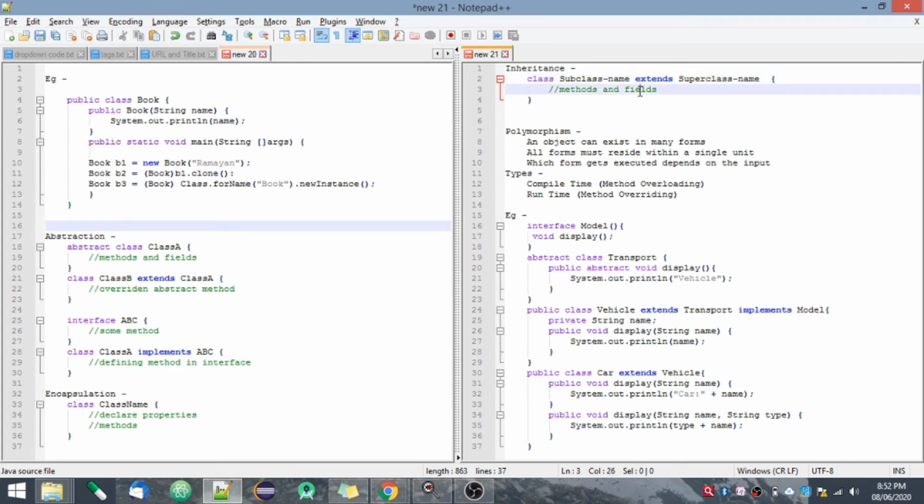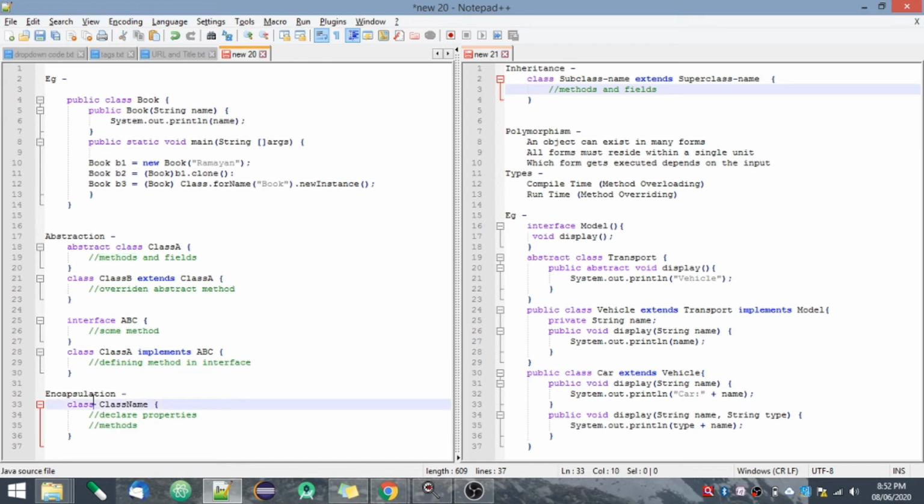The next is encapsulation. In encapsulation, we bind the methods and data together into a single unit. Even a class is an example of encapsulation because it binds the properties as well as methods together.